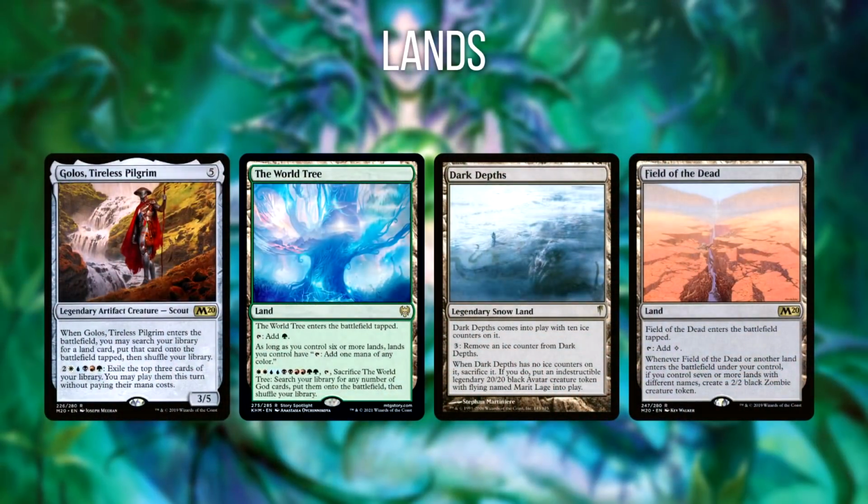Next up, we've got the hugely popular and expansive lands theme. By far the most popular established archetype that Golos players went for was 5-color lands. Decks that focused on getting lands into play and abusing the permanent type as much as possible. This makes a lot of sense since Golos was the only 5-color commander that could fetch any type of land for you, grabbing the best lands for the occasion like the World Tree for mana fixing, Dark Depths to unleash a huge monstrosity, and of course, Field of the Dead to pump out an unending stream of zombies while doing